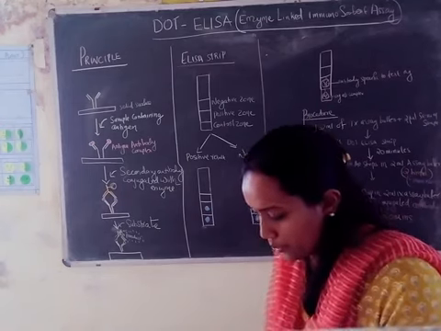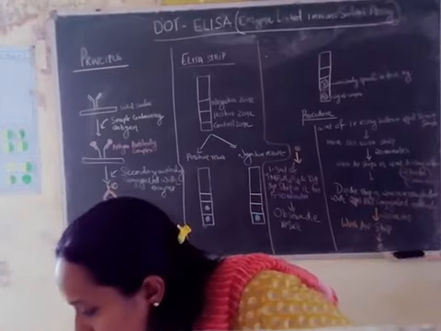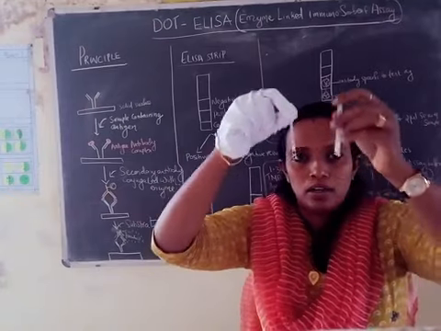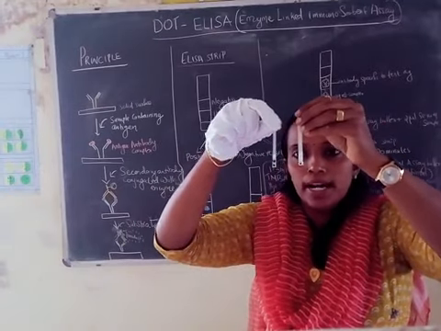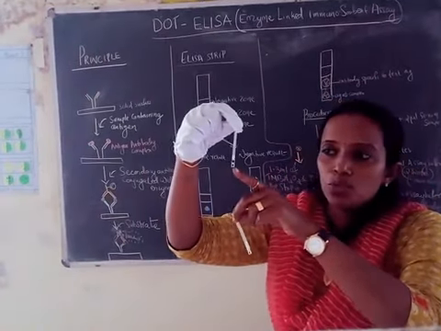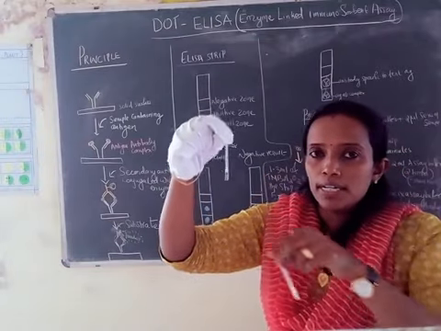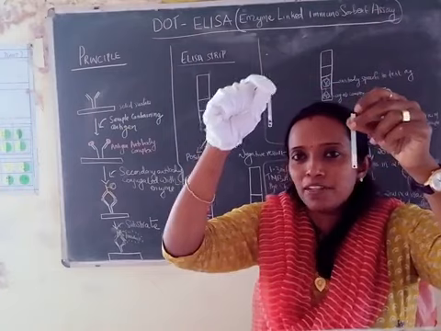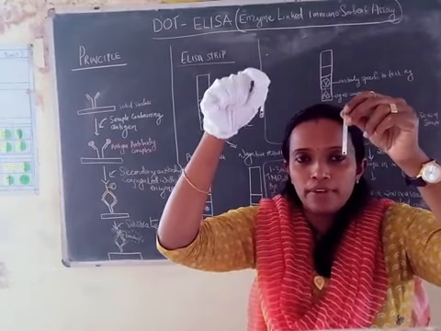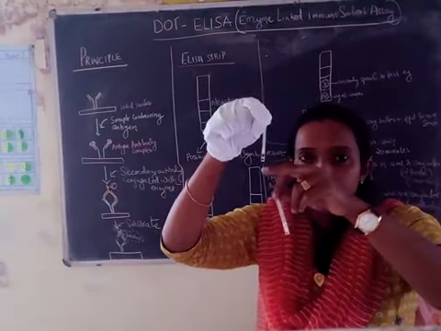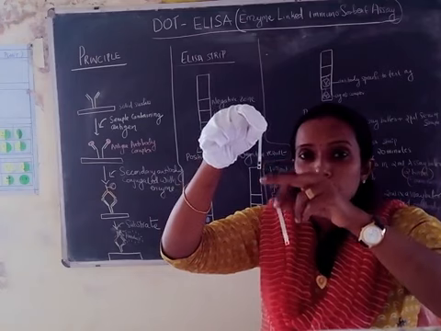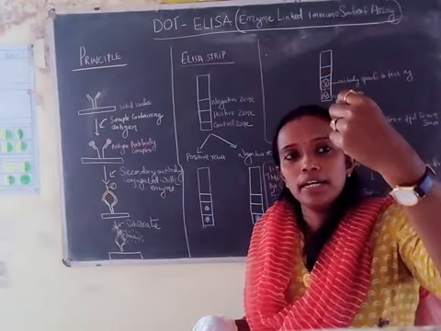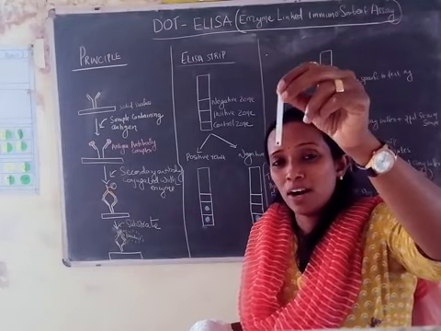So now I will show you the result of ELISA. You can see this ELISA strip. Can you all see the ELISA strip? There are 2 strips. Can you see 2 dots are there? 2 dots indicates the presence of antigen in the sample. So this is the negative result. This is for the positive result, positive sample. You will get a result like this, wherein you will get 2 spots in the ELISA strip. This is the result of the negative sample. In the negative sample, you can see only 1 spot.